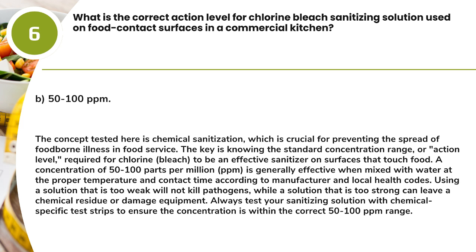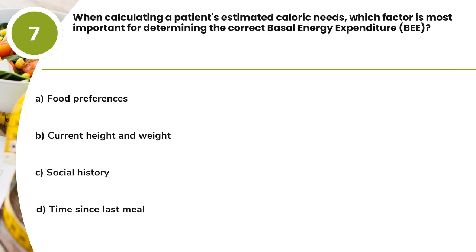Using a solution that is too weak will not kill pathogens, while a solution that is too strong can leave a chemical residue or damage equipment. Always test your sanitizing solution with chemical-specific test strips to ensure the concentration is within the correct 50 to 100 ppm range. Question 7. When calculating a patient's estimated caloric needs, which factor is most important for determining the correct